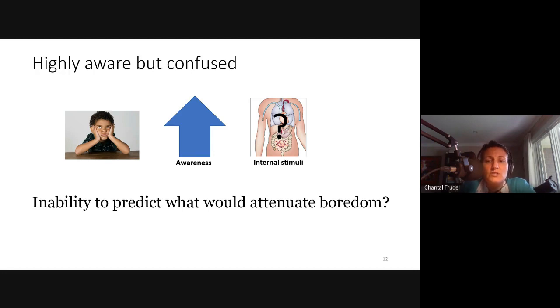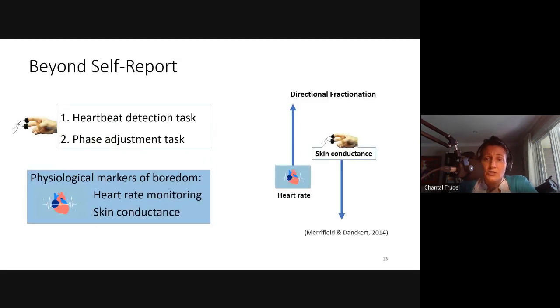So the similarities between the two samples observed are intriguing, and they warrant further investigations, we think, of the connection between boredom and interoception. And this could be done, for example, by looking directly at interoceptive accuracy when you are bored. So we're getting ready to conduct direct tests to collect data on interoceptive accuracy in our lab over the summer and the fall. So the aim is to further investigate this novel connection between interoception and boredom, and by testing how well boredom-induced individuals can attend to their interoceptive signals, such as their heart beating.